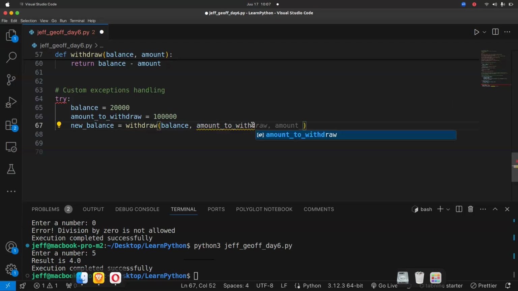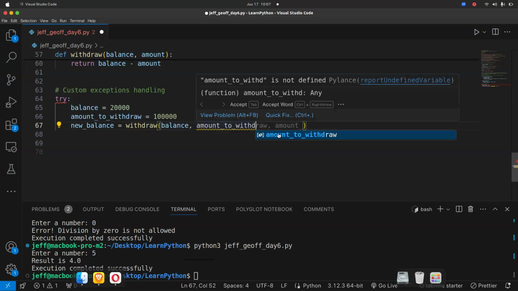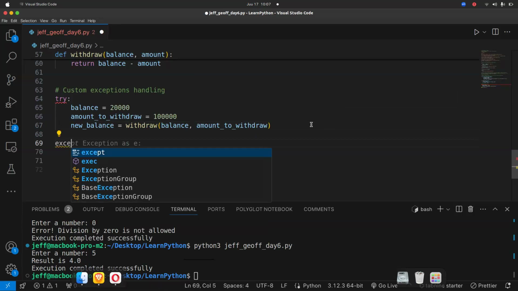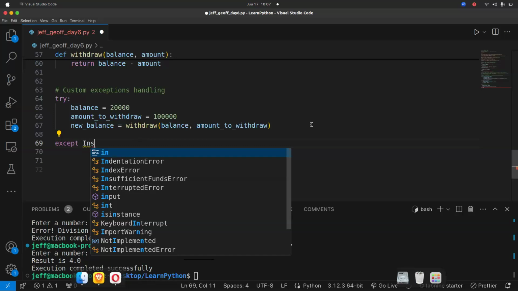So you can see now what it's trying to mess up here. This is what I want. Okay. Now I can use the except part and say insufficient funds error.